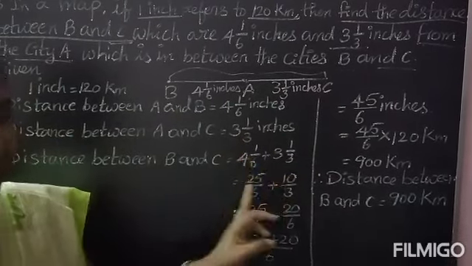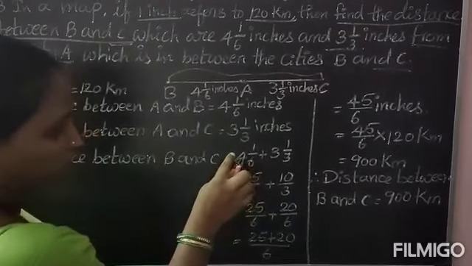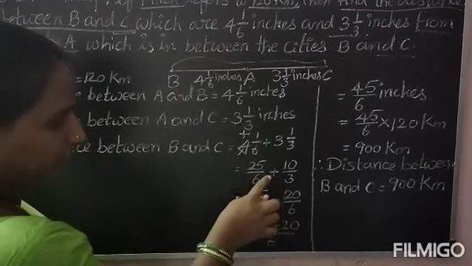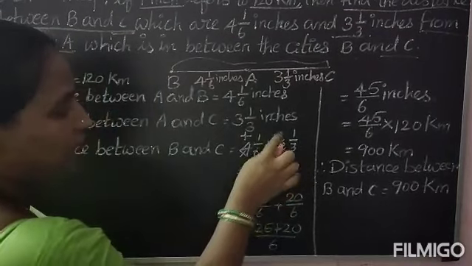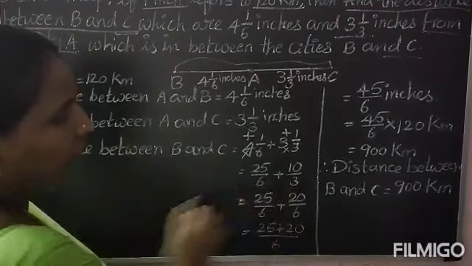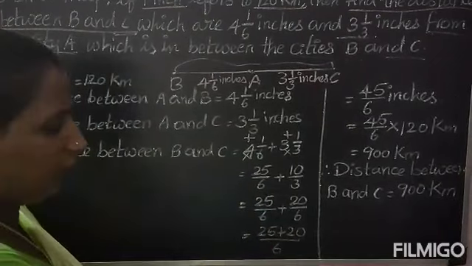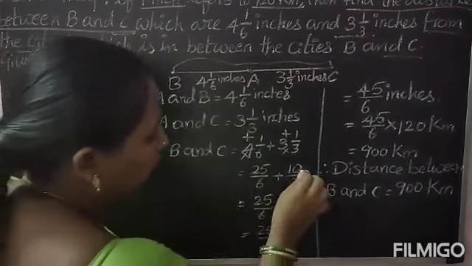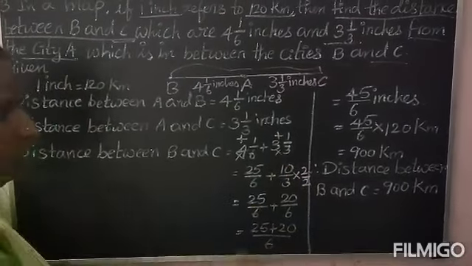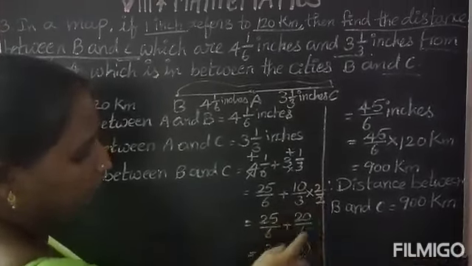So here you have mixed fraction, convert into improper fraction. So 6 4s are 24 plus 1, 25 divided by 6. So plus is there, write the plus. So 3 3s are 9 plus 1, 10 by 3. So here the denominators are different, so you have to take LCM. For 3 and 6, what is the LCM? Definitely 6 will be the LCM. So here you have 6, here you have only 3. So what you have to do? Into 2 by 2. Now 25 by 6 plus 10 2s are 20, 3 2s are 6.